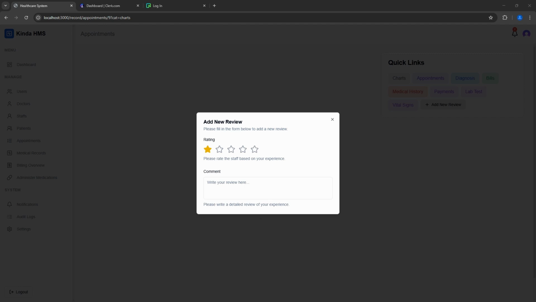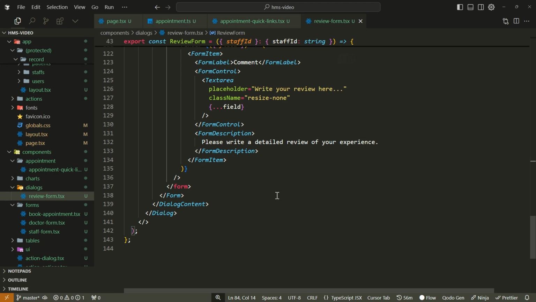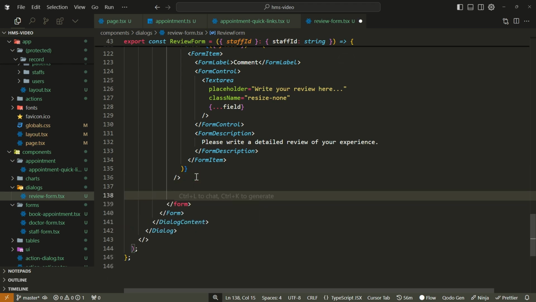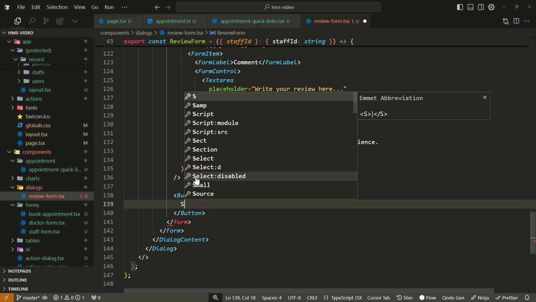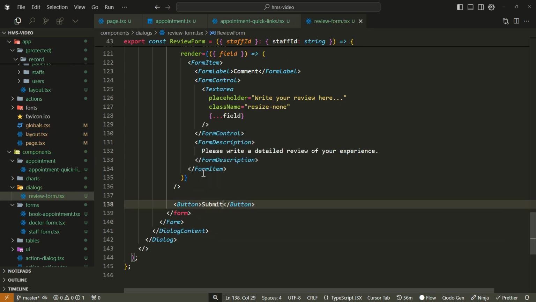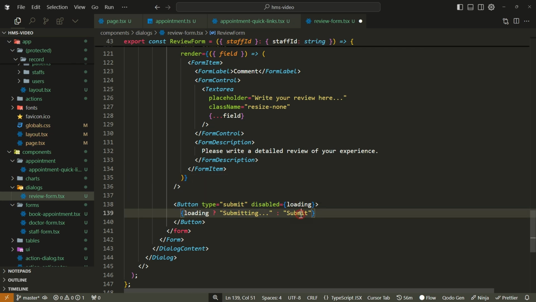Okay, so now I can just add below all of this, but still inside the form, a button, right, which will do the submit. So I just say submit. Okay, so the type is going to be a button, right? And when it is loading, I'm just going to disable it. So when it's loading, I'm just going to say submitting, and when it is not loading, we'll just say submit. Okay,